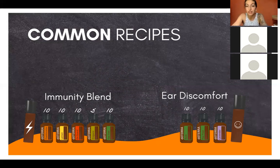Common recipes that we love. These are just a couple of many. The one on the left is the immunity blend. So it's great support for the immune system, obviously. These 5 oils, frankincense, lemon, On Guard, oregano, and tea tree, are like your powerhouse blend for your body, your kids' bodies, if they've been around someone who's sick, or if there's a global pandemic going on and everybody's sick,